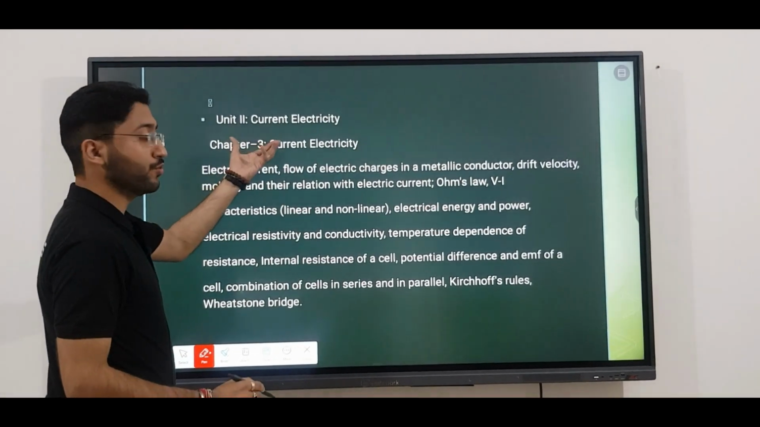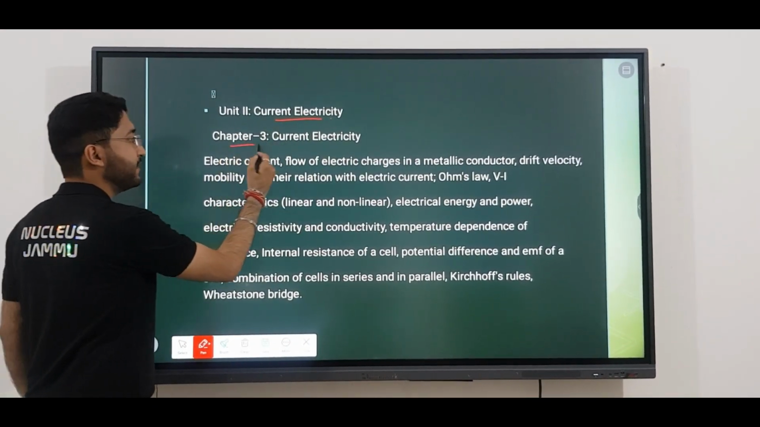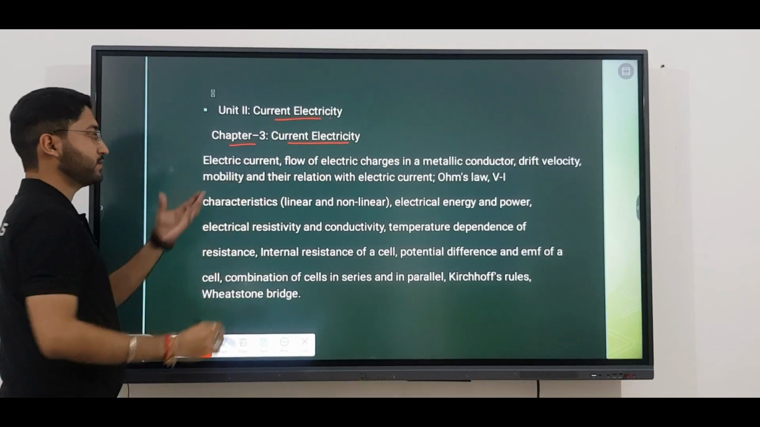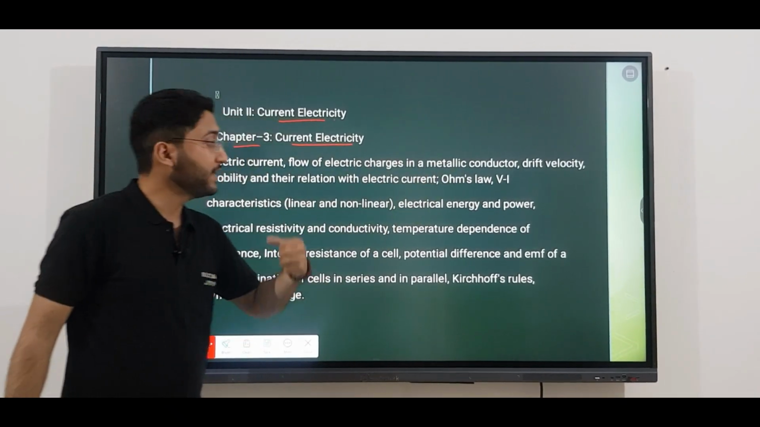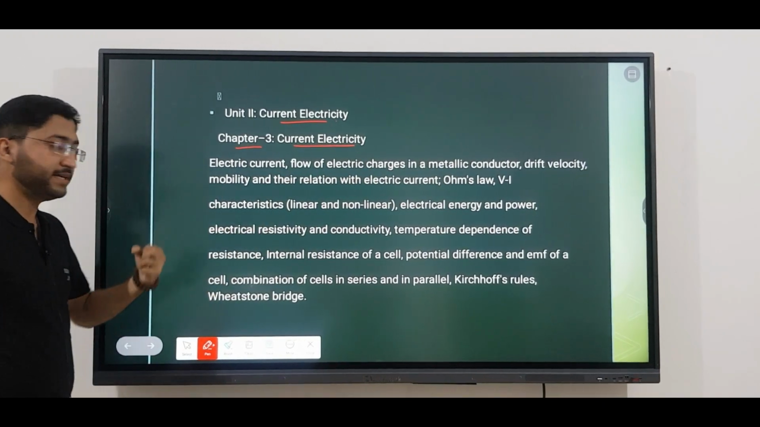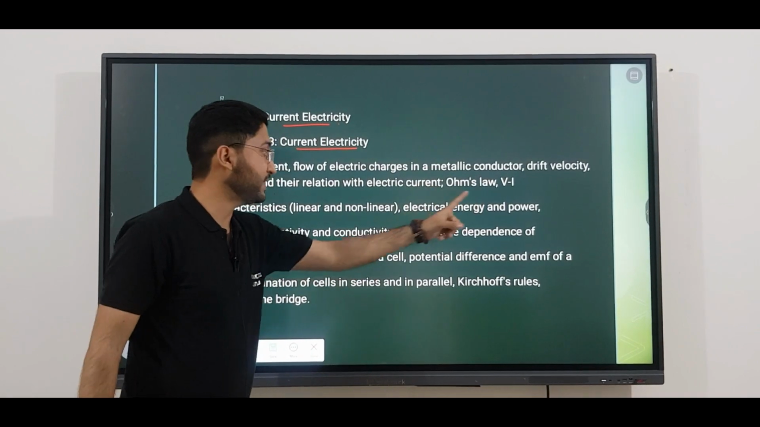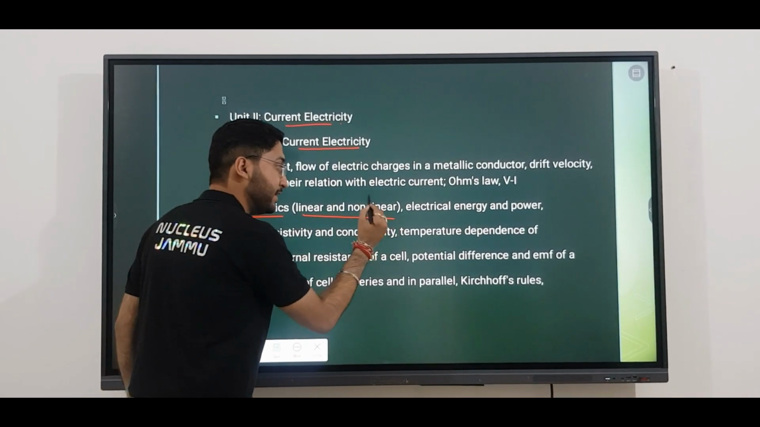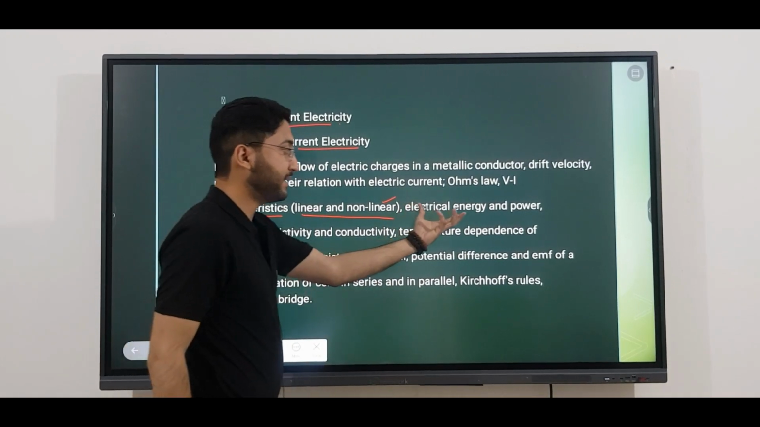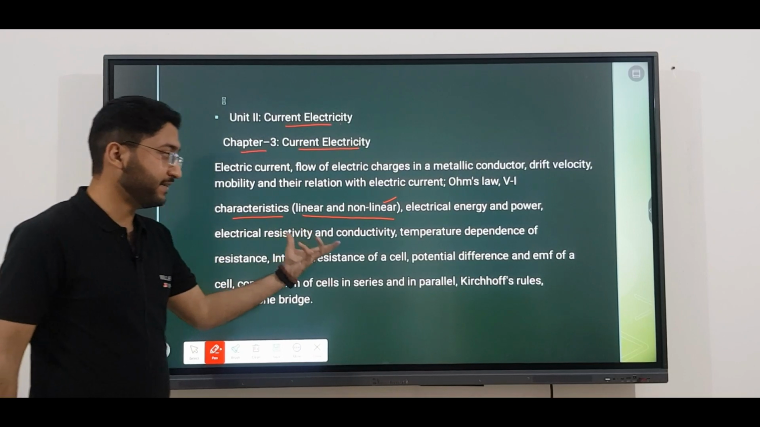Now unit 2, which is current electricity, and the subdivision is chapter 3, current electricity. You have to study electric current, flow of electric charges in a metallic conductor, drift velocity, mobility and their relation with electric current, Ohm's law, especially VI characteristics, linear and also non-linear, electric energy and power, electrical resistivity, conductivity,